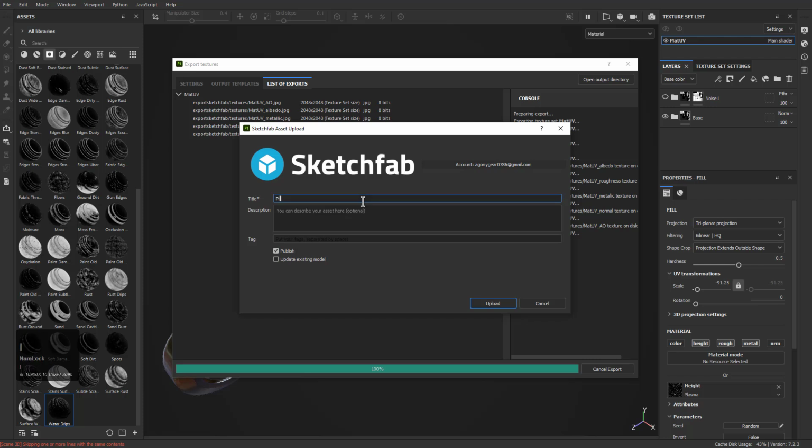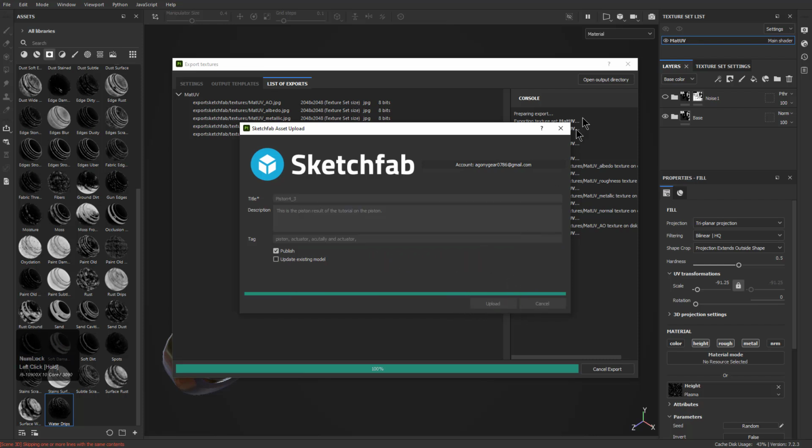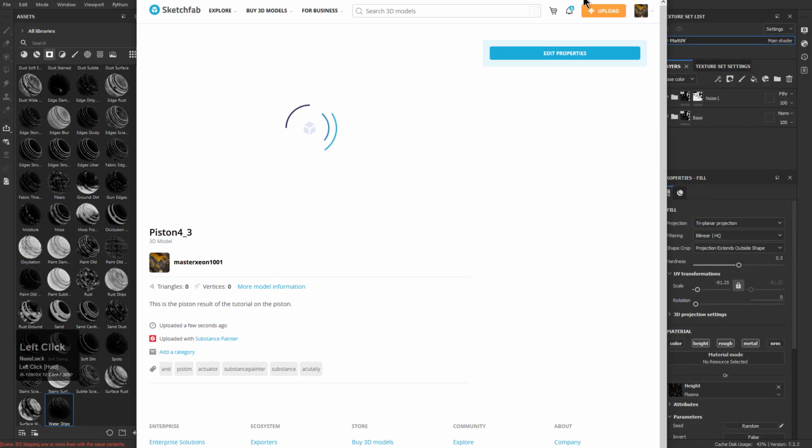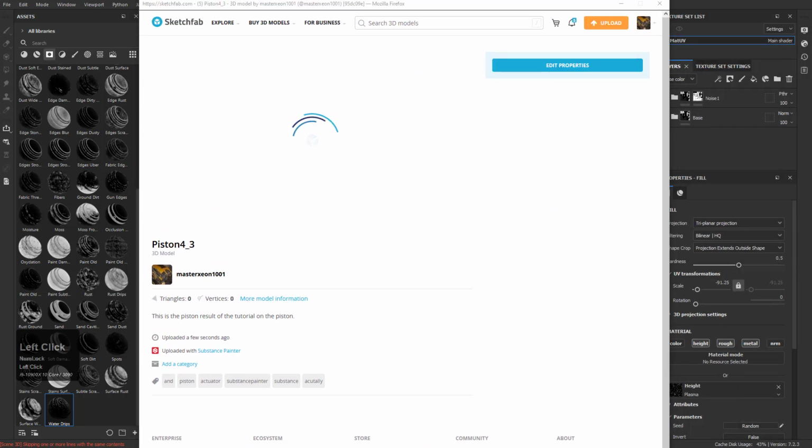This is piston 4_3. This is the piston result of the tutorial on the piston. This thing's actually an actuator, but piston actuator. No one will ever be searching for these tags. I'm just messing around. So let us just export this, and then it'll pop up over on Sketchfab where the party continues. So bringing over our window in a borderless Firefox,